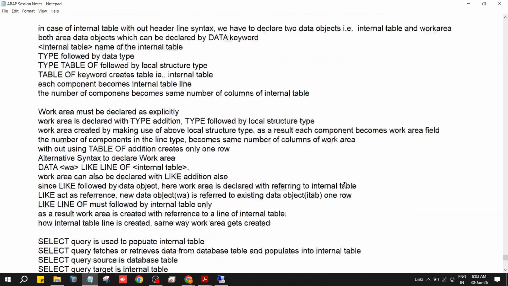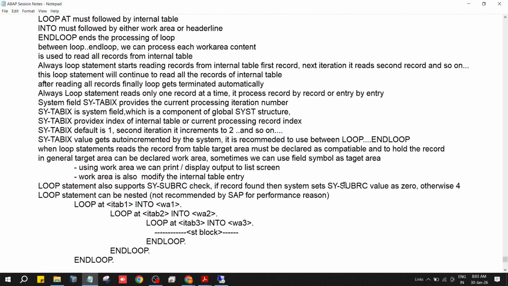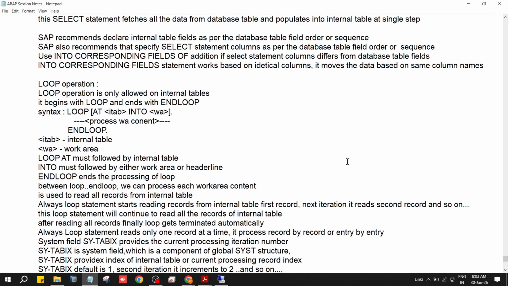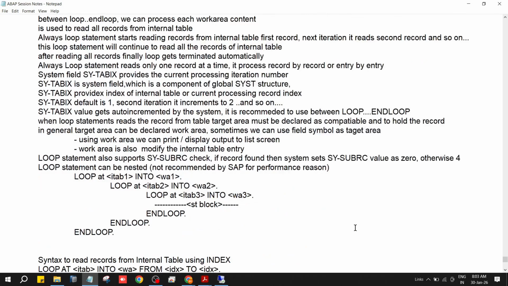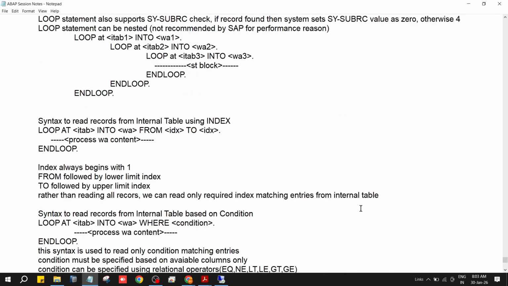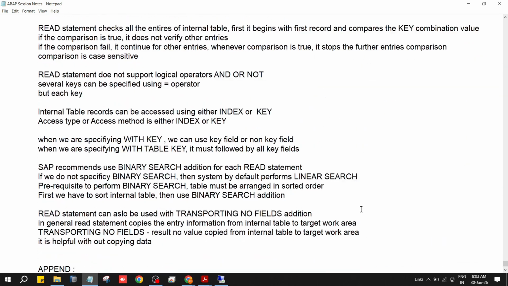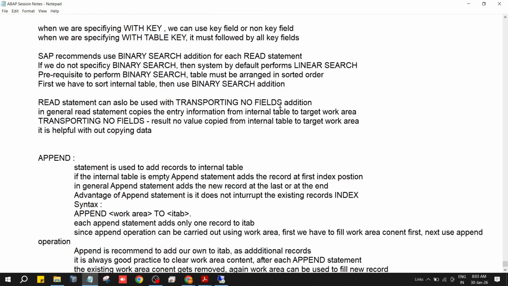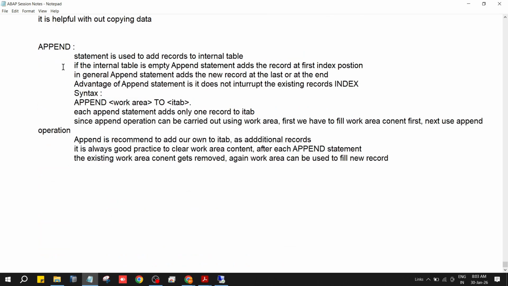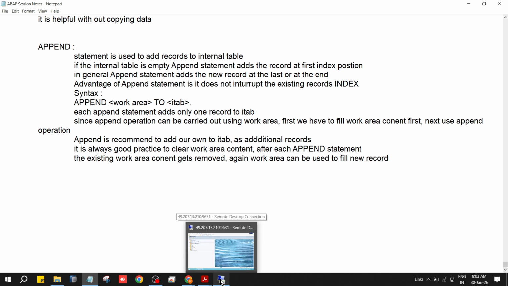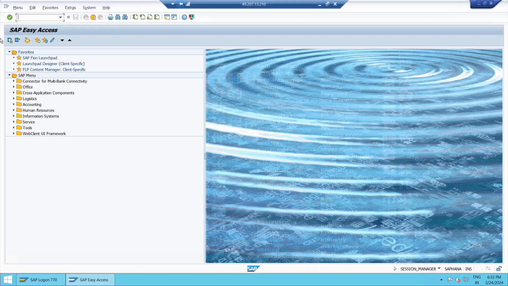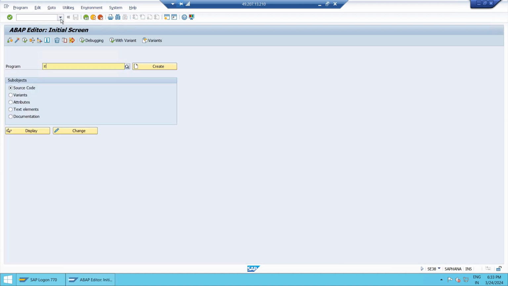Okay. Now, first, I introduced the loop statement, various loop case statement syntaxes and additions. Then, after that, the read statement, we explored a lot yesterday. Then append was done yesterday. So, if you look at it from the append point of view, this is your append. We have two programs for append. That is your